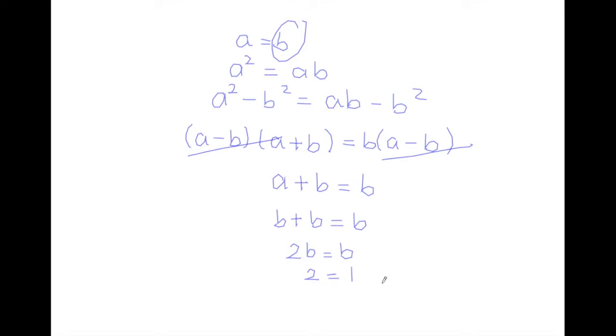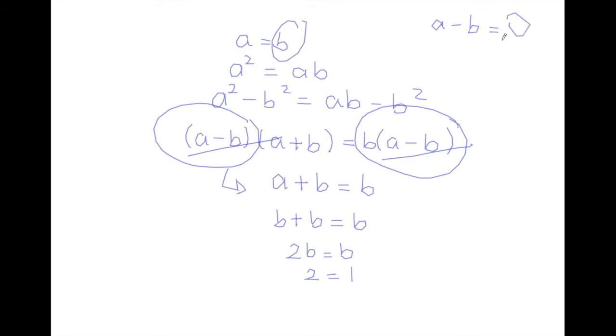Okay, here comes the answer. Remember when I said we're going to cancel by a minus b both sides, right? And then I just went on to the next step. I was actually dividing by a minus b both sides, but a minus b is 0, right? Because I started out with the assumption that a equals b. And you know from your previous work that you can't divide by 0.